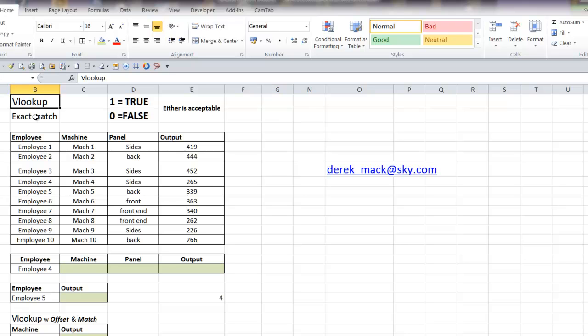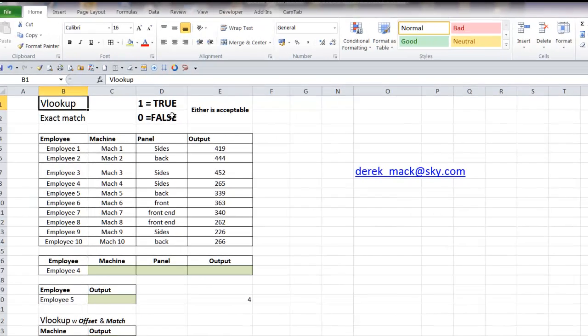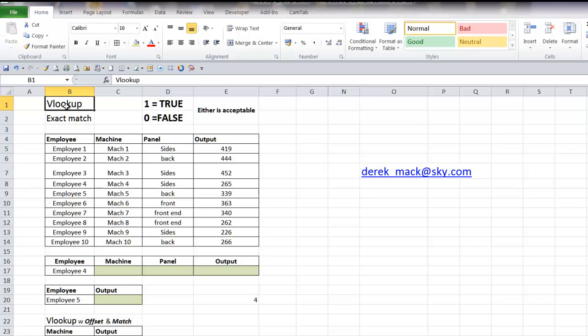Tonight I'm going to look at VLOOKUP. I'm going to do a couple of videos on VLOOKUP. The first one we're going to concentrate on is VLOOKUP with exact match. If we write a VLOOKUP formula here,